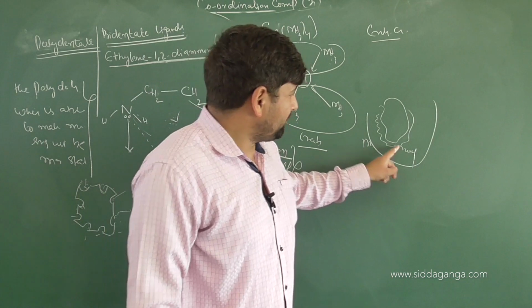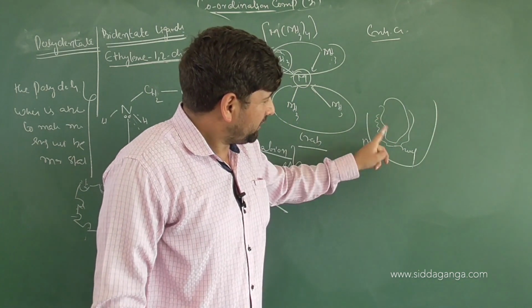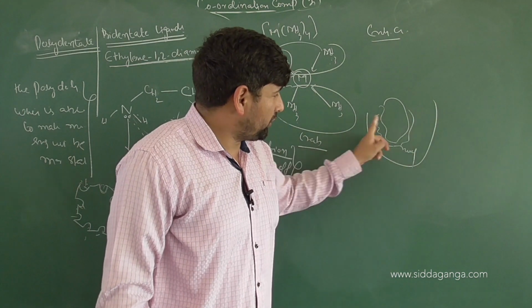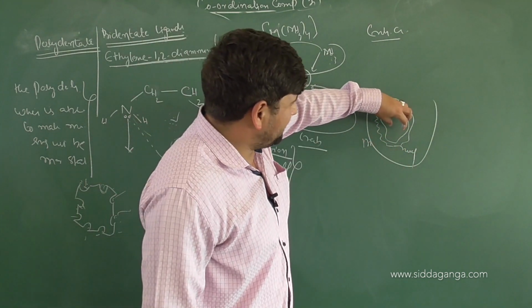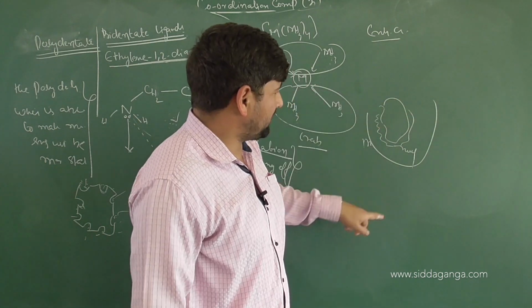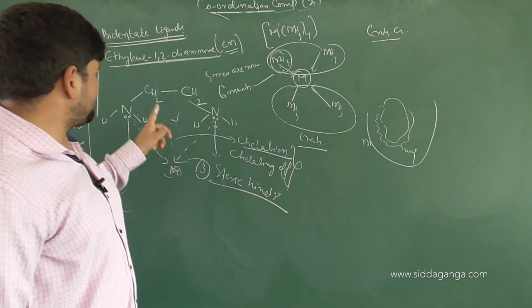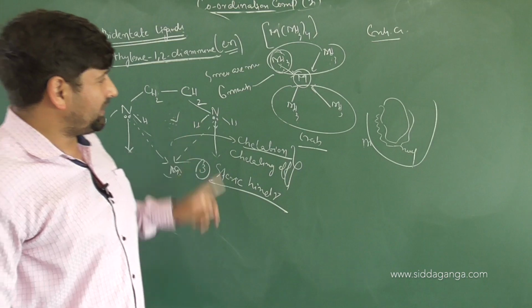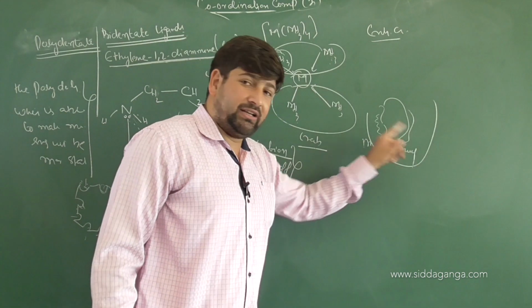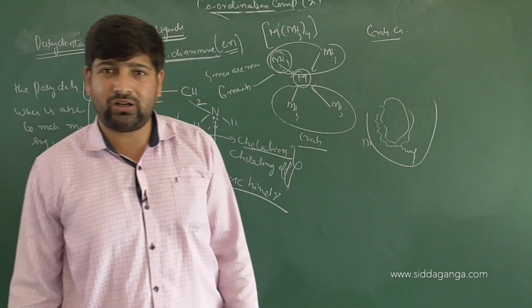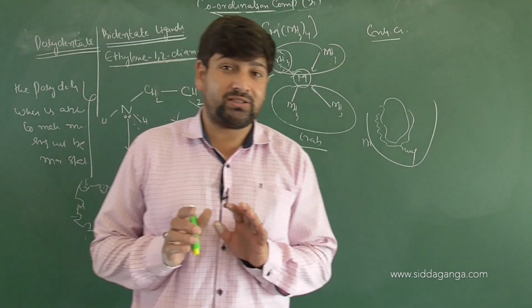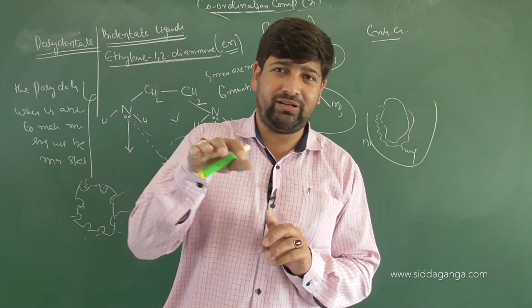Now, how can these liquid molecules, how can this water come back to the medium? The only possibility is when this ligand does not have the regions of attachment. If this ligand attaches to the central metal atom, then the randomness of the medium will increase, because whatever molecules were adhered to it will come back to the medium. Got it or not? This is one of the reasons how proteins get folded in the medium as well.